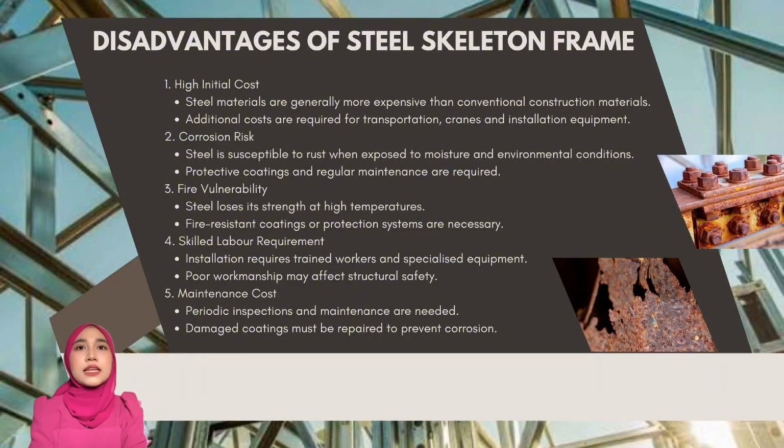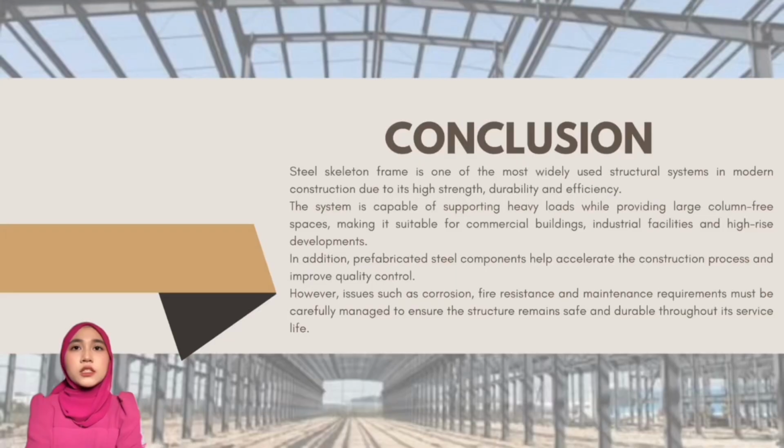Therefore, while steel skeleton frames provide excellent structural performance, these disadvantages must be carefully managed during their design, construction, and maintenance stages. In conclusion, steel skeleton frame is one of the most important and widely used structural systems in modern construction. The structural system consists of steel columns and beams that work together to support building loads and transfer them to the foundation. It is commonly used in commercial buildings, industrial facilities, and high-rise developments because of their strength, durability,